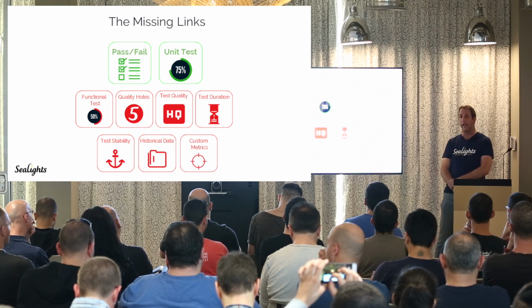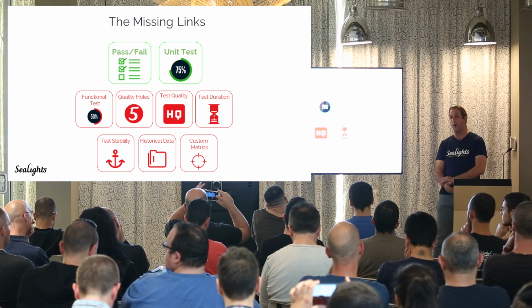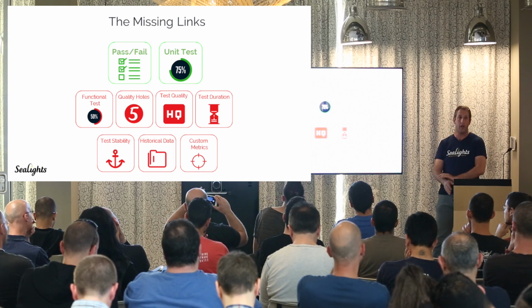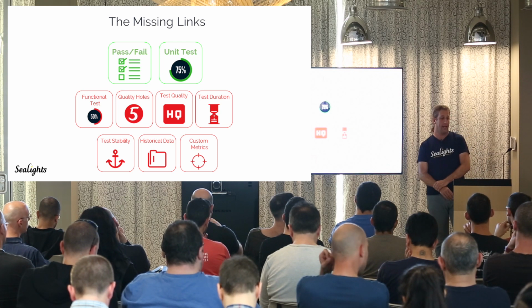Therefore, you've got historical data, and you look at the historical data to really understand what's going on and understand these metrics, and for instance, compare to what you have in production. Not only look at the last build, what its quality is, but really compare it to other builds, to what's been going on, and you can plan ahead and understand